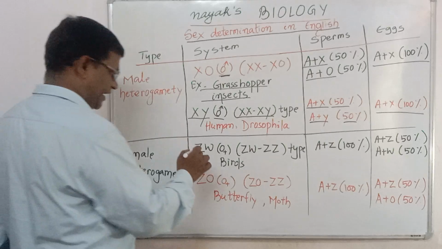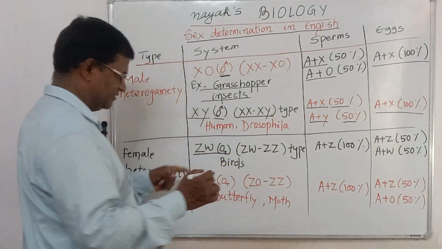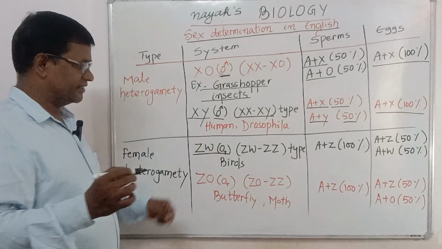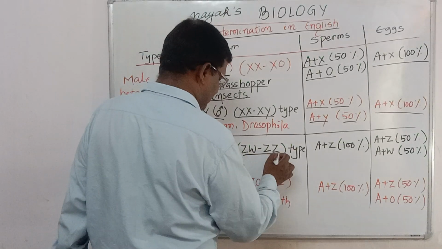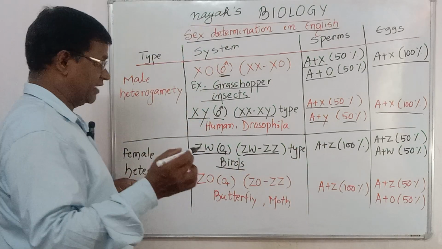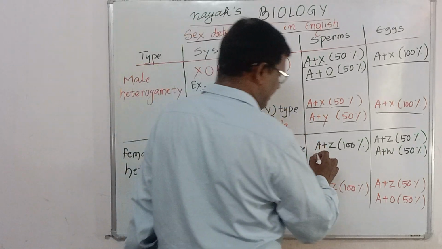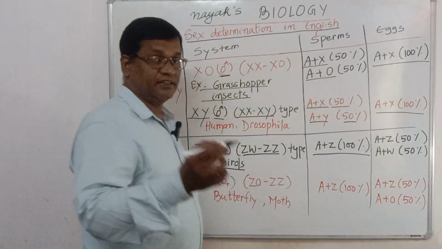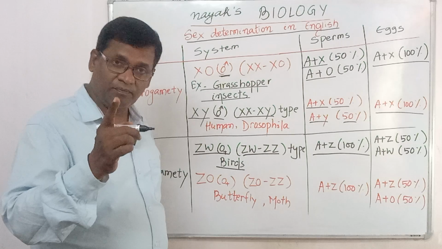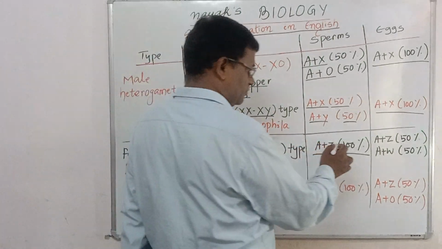of gametes. ZW is the female. ZW means it is female sex determination. And this type is ZW, ZZ type, seen in the birds. Here you see, because it is female heterogamy, only one type of sperm will be produced. In the female heterogamy, only one type of sperm is produced, and that is A plus Z, which is